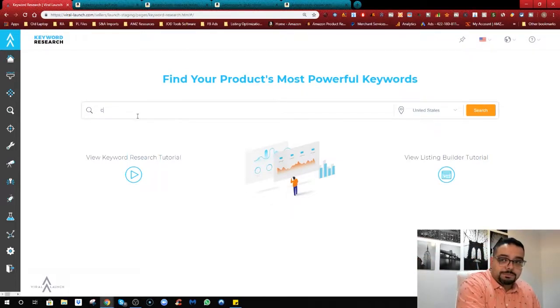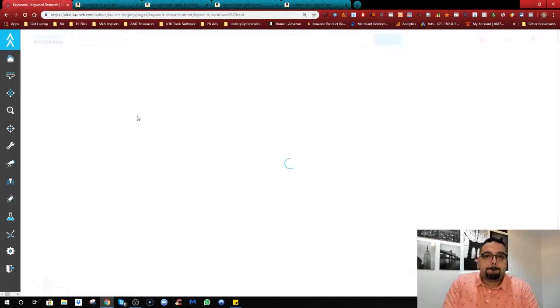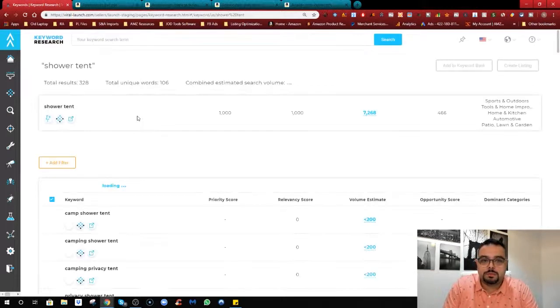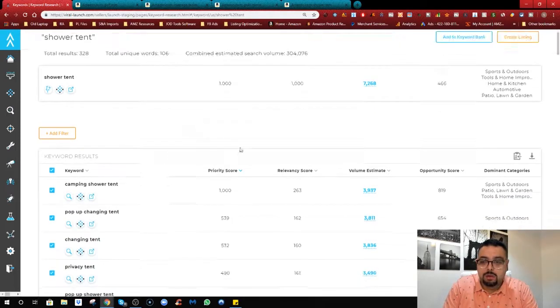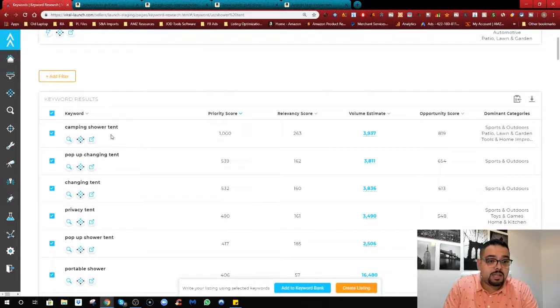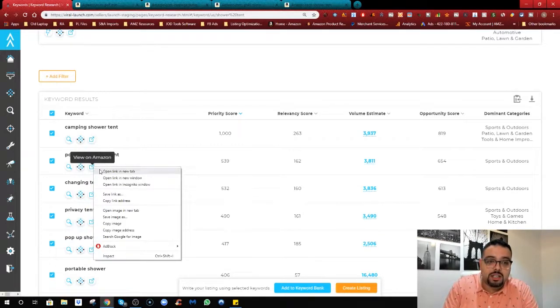So I'm going to say shower tent. Shower tent. Boom. So we have shower tent by itself have 7,268. Then we have camping shower tent 3,000, pop-up changing tent 3,000, 3,000. This is more than 10,000, 15,000. So we're good. But as I said before, you need to go to each keyword and see if that's actually